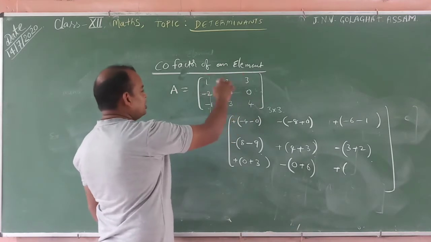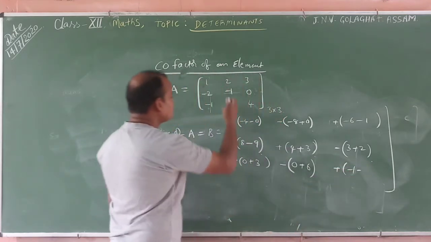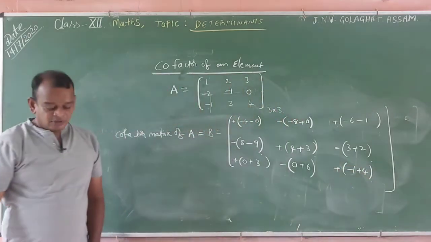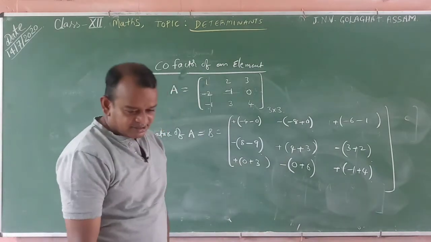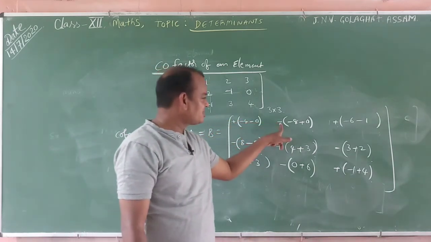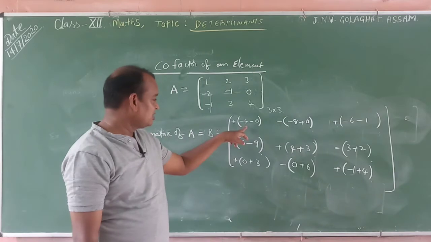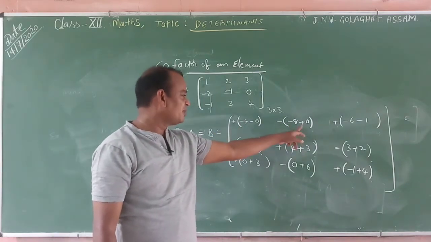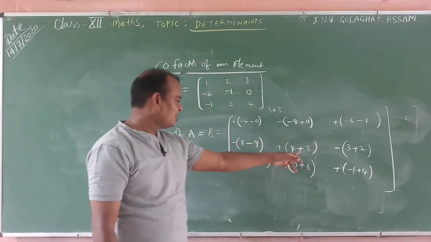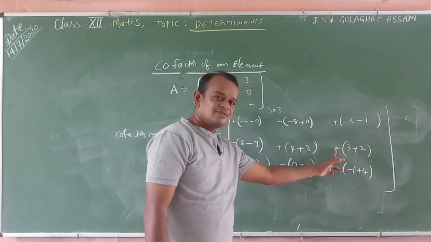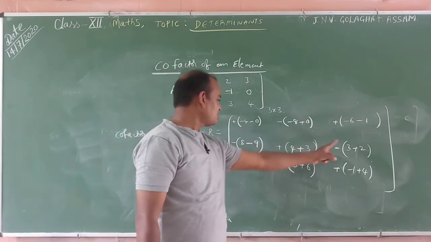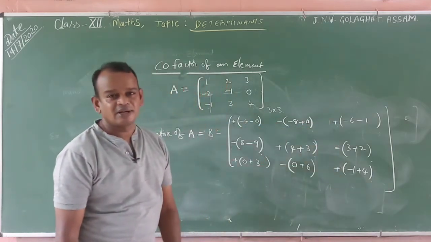Now this one. 1 into minus 1, minus 1. In the formula, minus 2 into minus 2 means minus 4, which means plus 4. Now we will find out some simple logic. Simple logic. What is this? Plus, minus. The first minor is multiplied with plus. The second minor of an element is multiplied with minus. The third one is plus. The fourth minor in front of is minus. This one plus, this one minus. Plus, minus, plus, minus, plus, minus, plus, minus, plus. Remember easily.